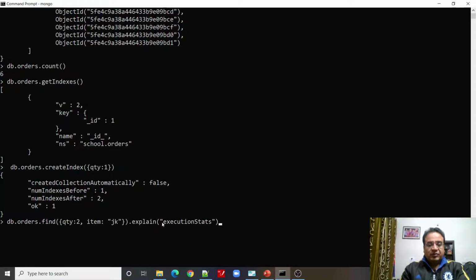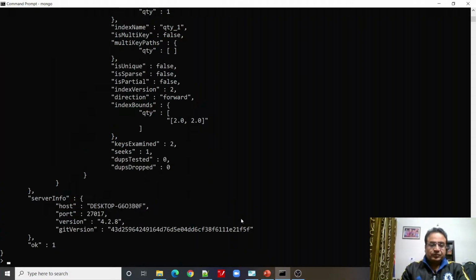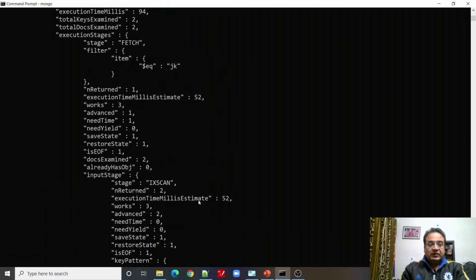If you look at strategy number 1, where I specifically mentioned that we can use explain just to check how many indexes have been called, whether an index is used in that query or not, and how many documents were scanned versus how many documents were returned. So here comes the use of explain. Let us press enter and see.